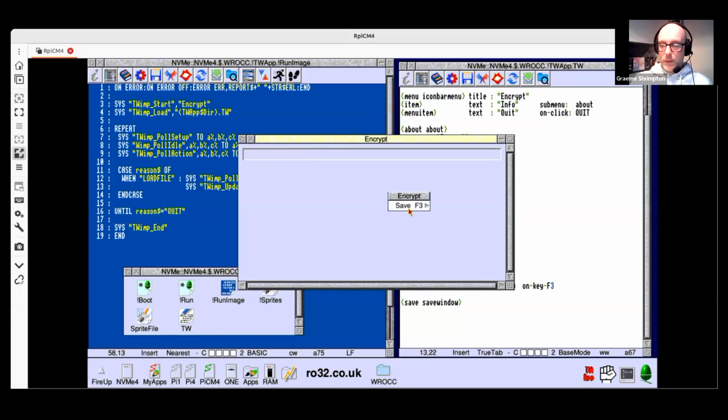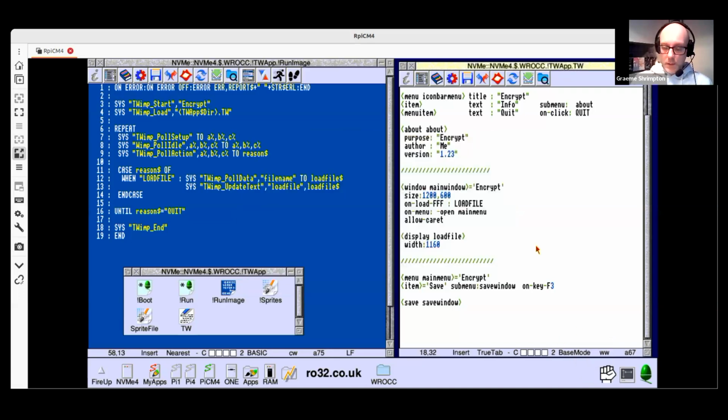And F3 also appears in the menu, giving us something looking nice and professional in just a few clicks. The save window itself, I'll change the file type. Let's say we'll save the encrypted file as